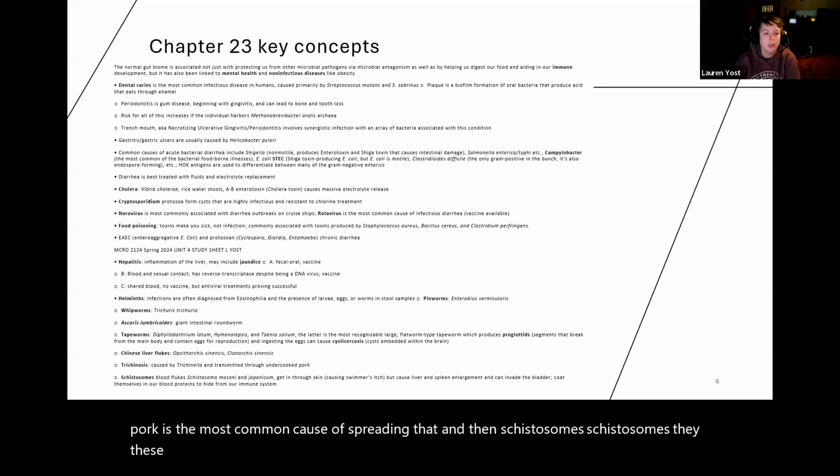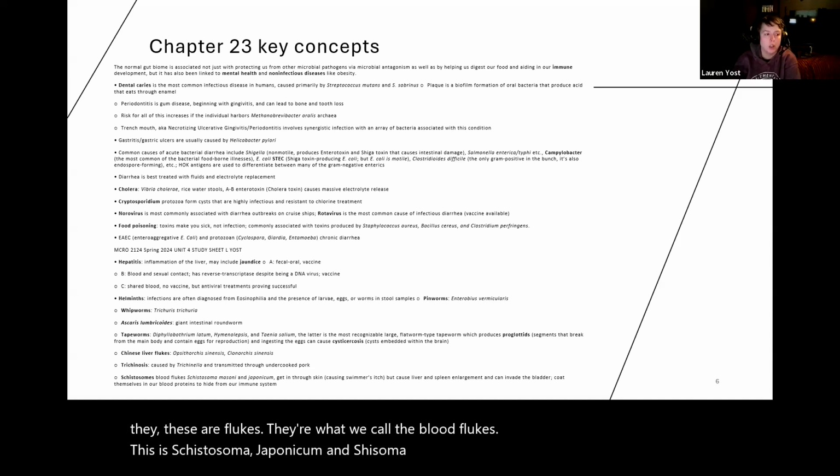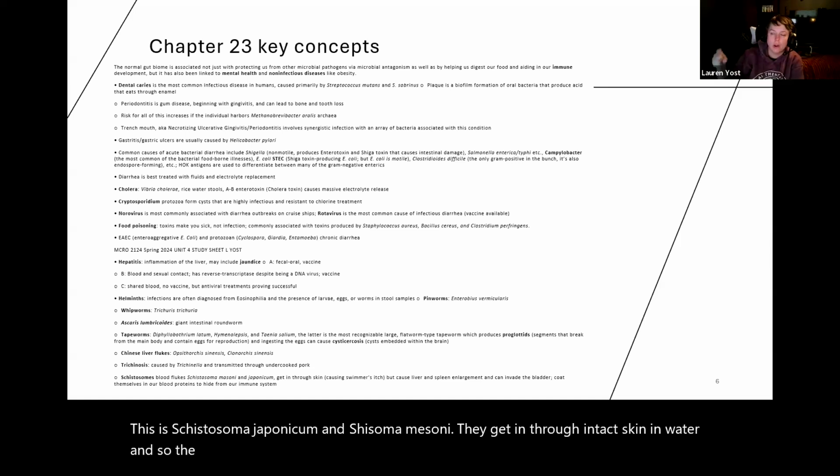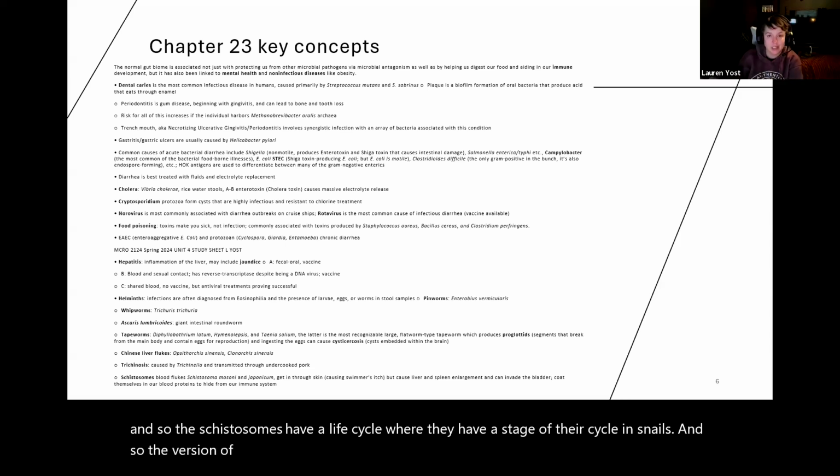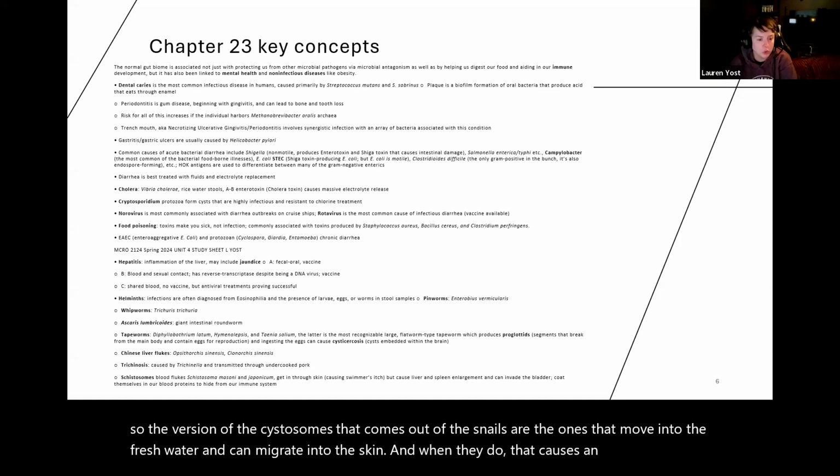These are flukes. They're what we call the blood flukes. This is Schistosoma japonicum and Schistosoma mansoni. They get in through intact skin in water. And so the schistosomes have a life cycle where they have a stage of their cycle in snails. The version that comes out of the snails moves into the fresh water and can migrate in through the skin. And when they do that, it causes an itchy rash that we call swimmer's rash